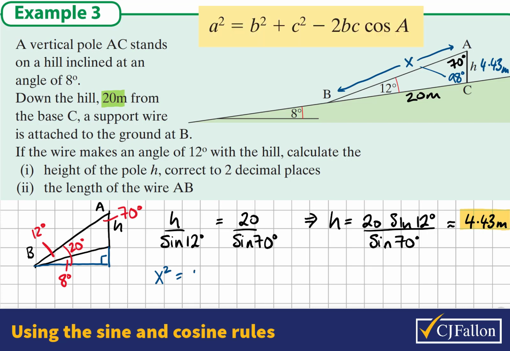So the cosine rule says that x squared is equal to 20 squared plus 4.43 squared, minus 2 times these two sides multiplied by each other, 20 by 4.43, by cos of the angle that's opposite the x, so that's cos of 98 degrees. So I put all this into the calculator to work out what x squared is, and we can see that x squared to 3 decimal places is